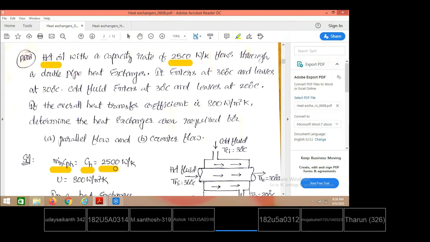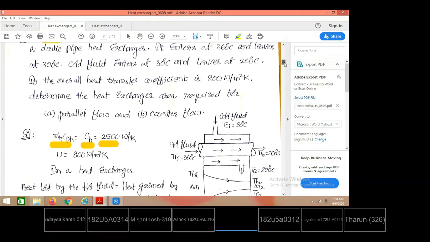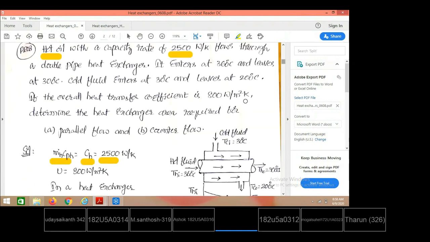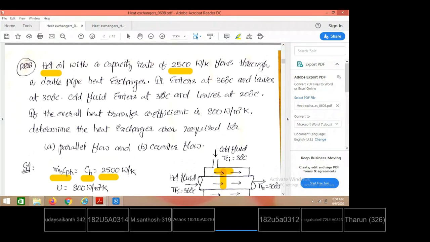That flows through a double pipe heat exchanger. Double pipe means there is one tube provided inside the other tube. Innermost, one tube is there, and outermost, one more tube is there. Through the innermost tube one fluid is allowed, and through the annular space created between the inner tube and outer tube one more fluid is allowed. Via the tube thickness, heat transfer will take place from hot fluid side to cold fluid side. Here hot fluid is allowed to flow through the inner tube, so heat transfer takes place from inside to the annular space outside. So double pipe means two pipes, one inserted in the other.